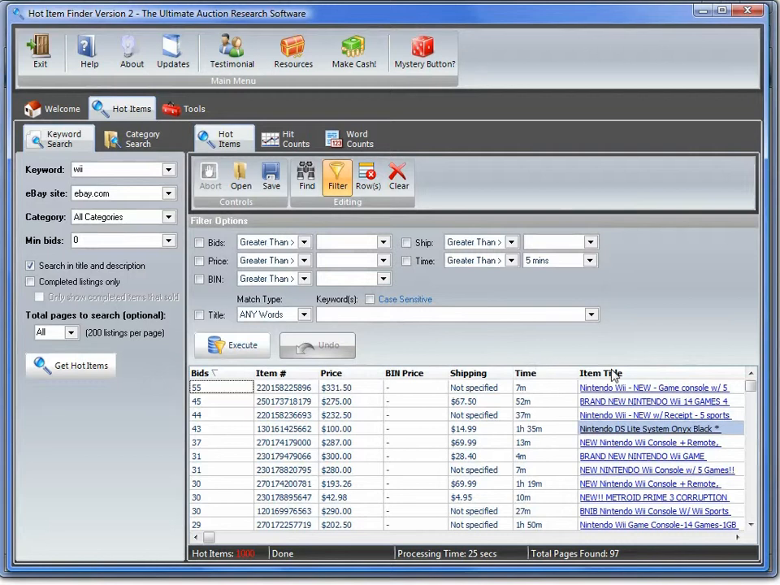So let's say we wanted to search just in the auction, or just in the titles here. And like I said, I just want stuff to deal with Nintendo Wii and nothing else. So what you can do is you have to select this little checkbox here to search in the title. And then you could select your match type. We're just going to say any words, or all words, or exact match, whatever you'd like. Keyword sensitive, I'm not going to select that. And I just want Wii. That's it. And what you can do here is click execute,